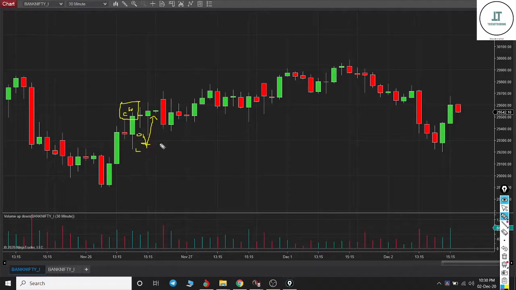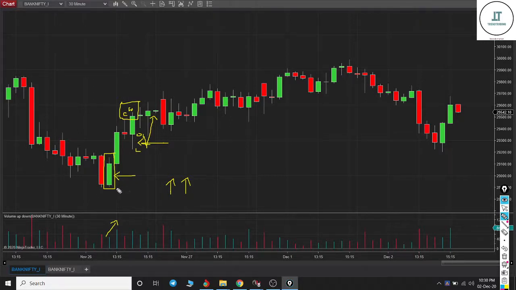Who have made this rejection here? That is these buyers who have pushed the price higher faster, and volume was also increasing. When price is increasing, volume is increasing with it. Look at the candle formation which is getting developed here. This is also a candle pattern which I have shared with you. That is why I share very limited candle patterns, but when those candle patterns come, they work beautifully.